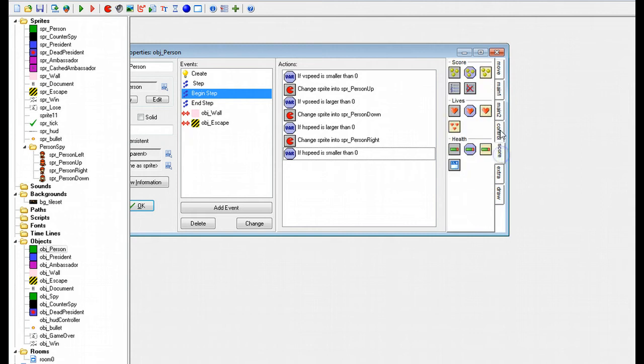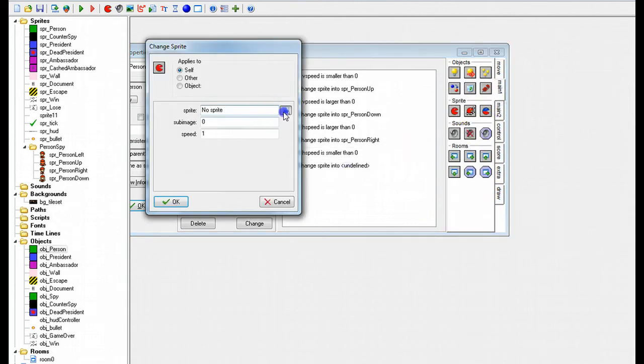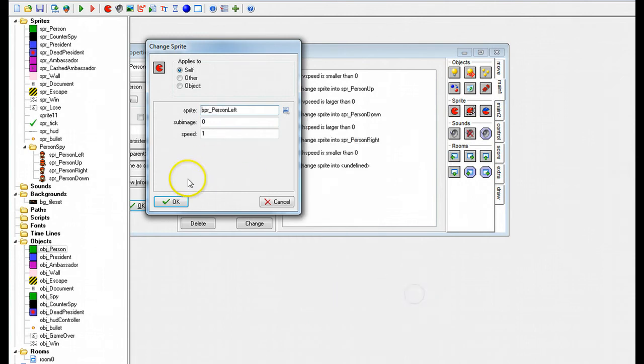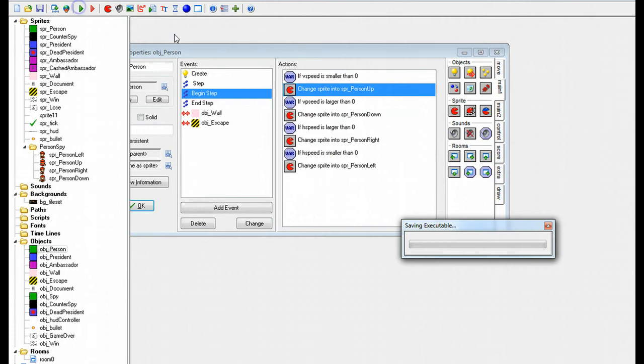Then they're going to be changed into sprite left and speed 5. I think all of them should be speed 5. We'll have to check that when I play it. But now when I play it,